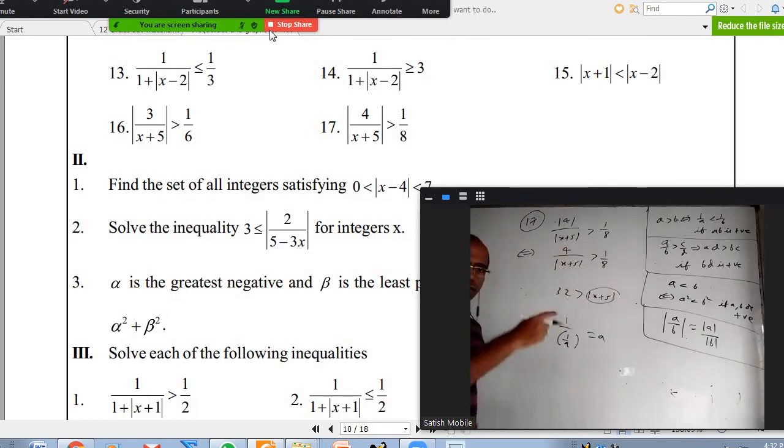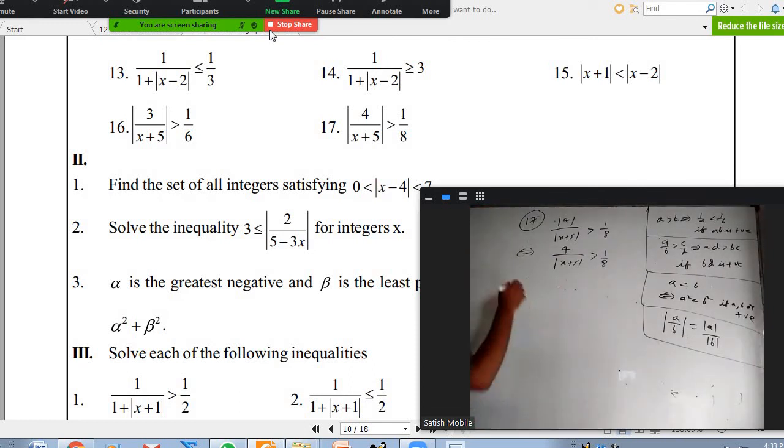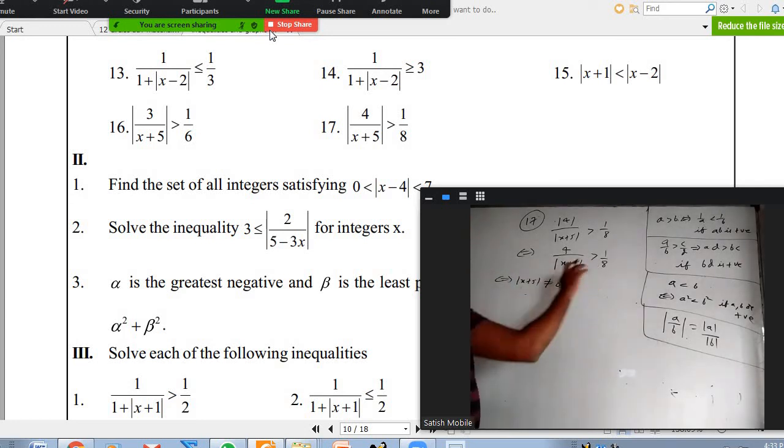So it is not that at the end you will realize; when you are writing the next step only, you should make sure that these are really positive. No, it can be 0, avoid that. We don't want 0 anywhere because denominator 0 is not defined. So this double implies mod x plus 5 is not 0. And now everything is positive. I can take reciprocal, I can do cross multiplication, whichever way you want.